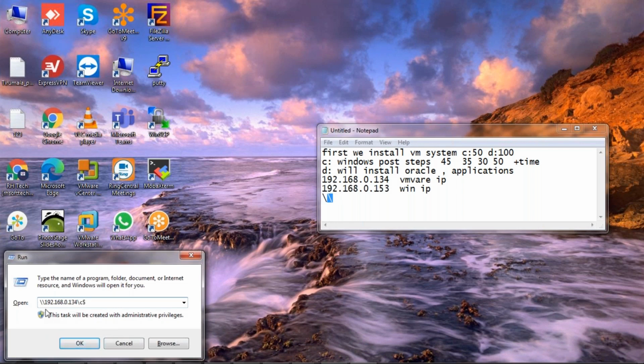What I'm doing is I try to get this VMware system over here, 192.168.0.134, the VMware IP.